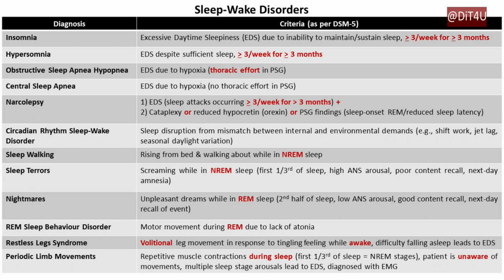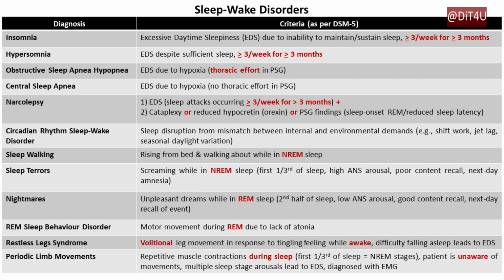Or polysomnography findings, such as sleep onset REM, that's what leads to cataplexy. Or reduced sleep latency. You don't go through stages 1, 2, 3, 4, you go directly into REM. Therefore, the person collapses. So cataplexy or reduced hypocretin levels or PSG findings of reduced sleep latency, along with excessive sleep attacks, 3 or more episodes per week for 3 months. That is narcolepsy. Circadian rhythm sleep-wake disorder: sleep disruption from mismatch between internal and environmental demands, such as shift work,